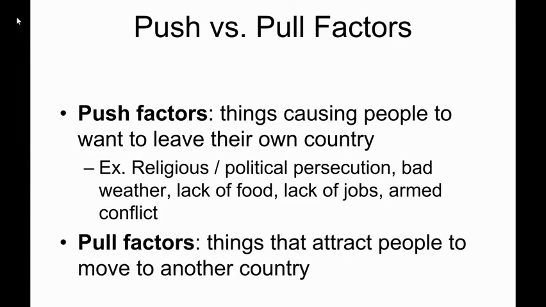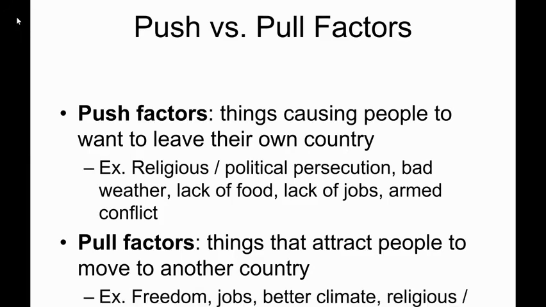So the opposite then would be a pull factor. If something's encouraging you to leave because there's religious or political persecution, a rational person, if they have a choice, is going to choose a place that has religious freedom or political freedom. If there's a lack of jobs in this city, what's going to attract you to another city, the pull factor, is that there's an abundance of jobs or there are available jobs. So these are kind of opposite of each other. Okay. And there you can see some examples down at the bottom.